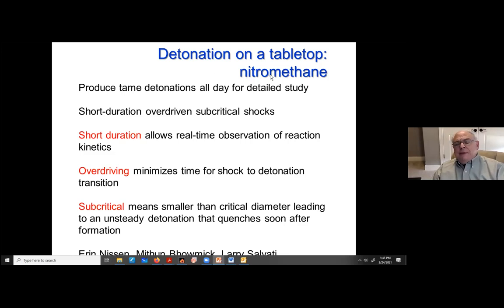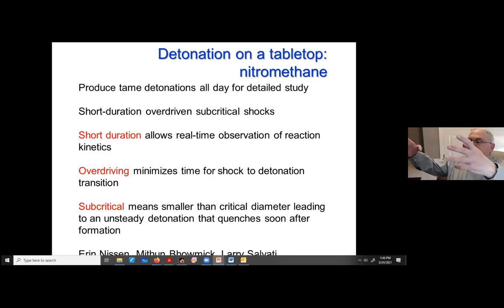Now, nitromethane is a model system that people have studied for, gee whiz, a long time. There's a story here. I think nobody thought much about nitromethane. They used it to remove paint. But there was a railroad tank car full of it that derailed and fell over and it detonated and caused immense damage. And then people began to recognize that this stuff really was a high explosive and a nice model system.